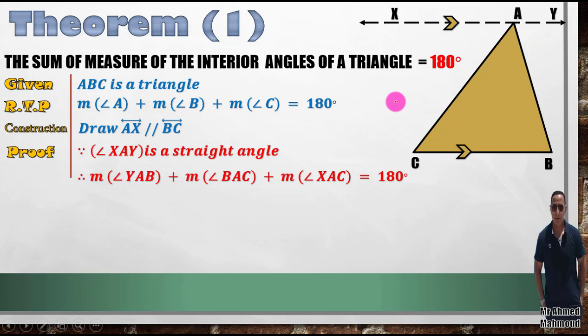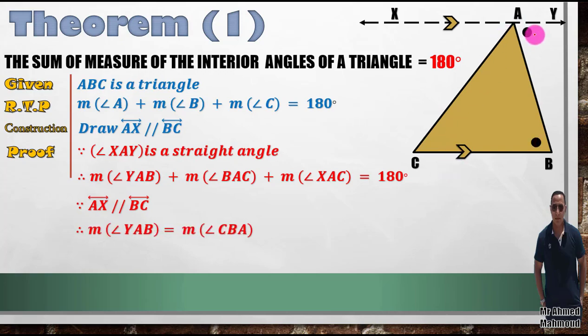Okay, now since AX parallel to BC, so measure of angle YAB equal to measure of angle CBA, and also this is alternate angles, and also XAC equal to measure of angle